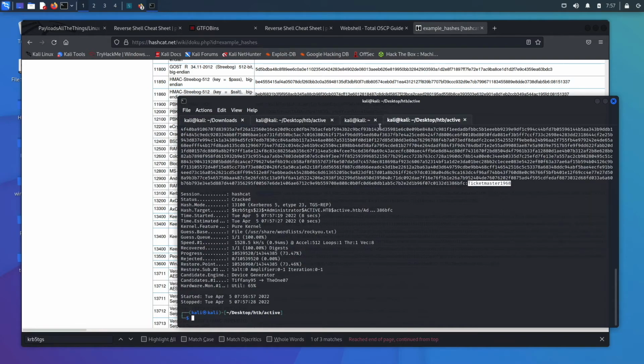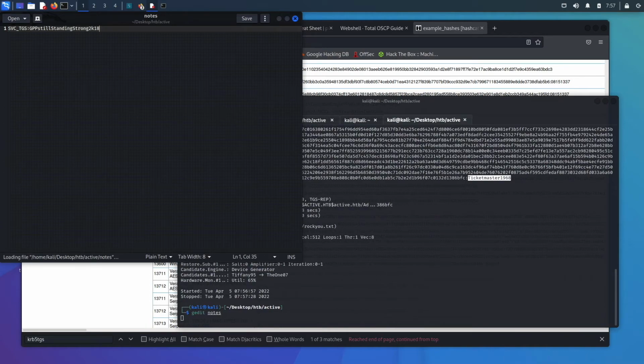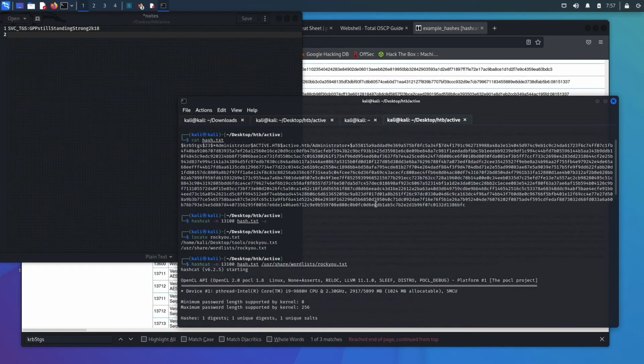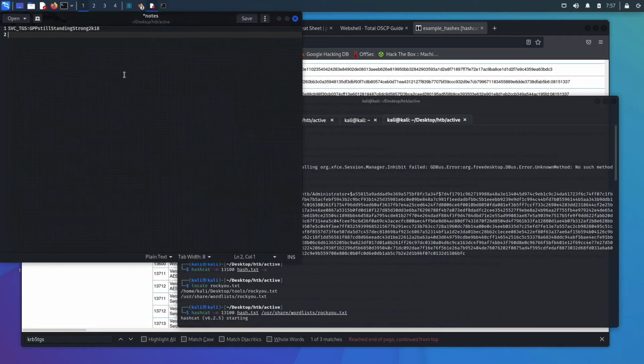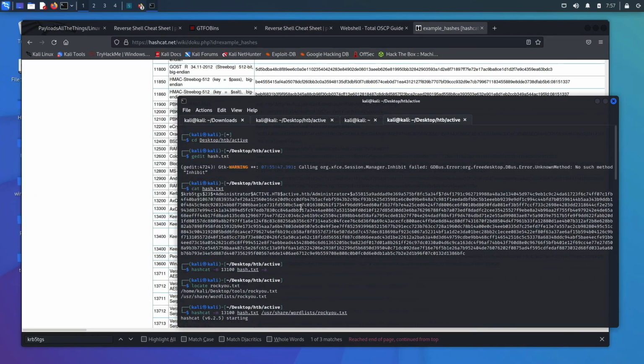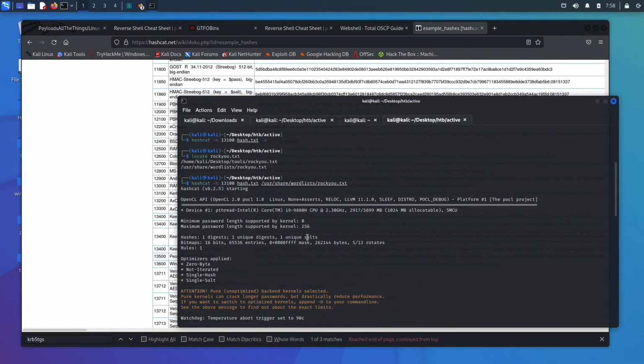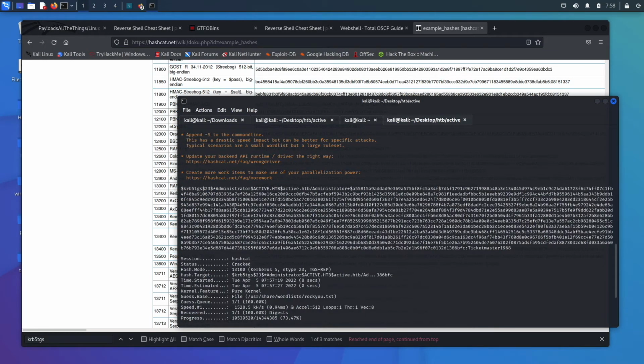You can go ahead and copy this, and we'll go gedit notes, and we can type in, I think the user was administrator, so we can come up here, and it's on a different line, but it's administrator, and then this is the password. What we just did is called Kerberoasting. So we had the ticket granting service, and it reached out to the domain controller, and we were able to pull down the administrator with their hash, and with that we were able to crack it and grab this